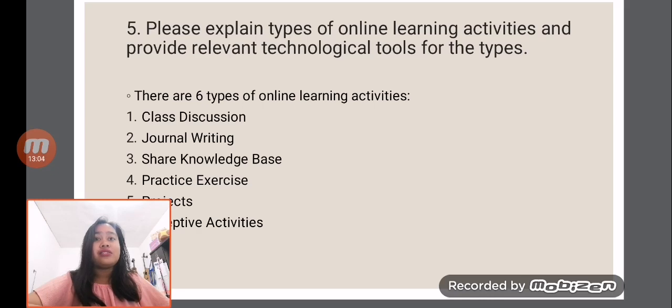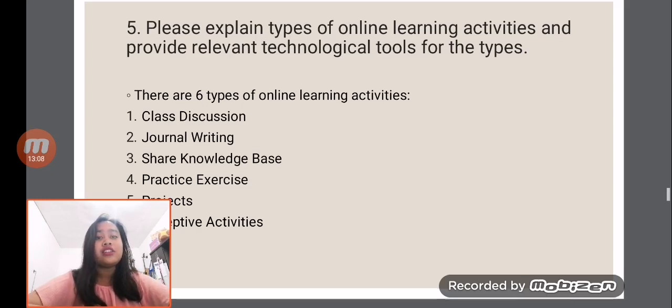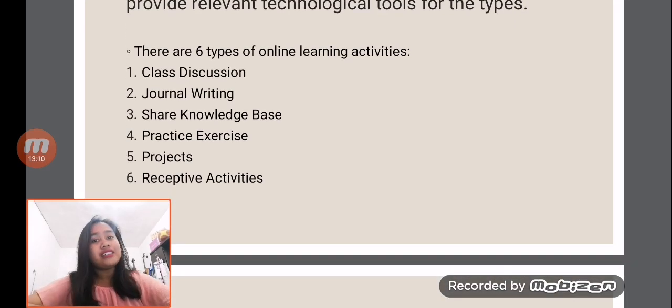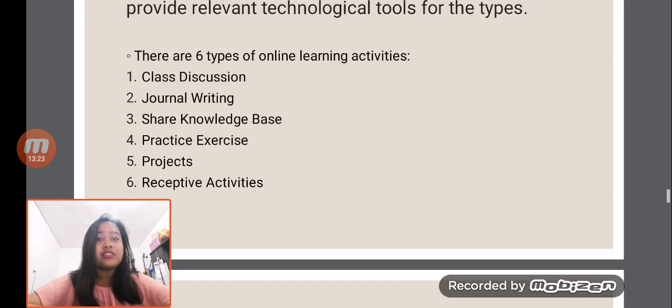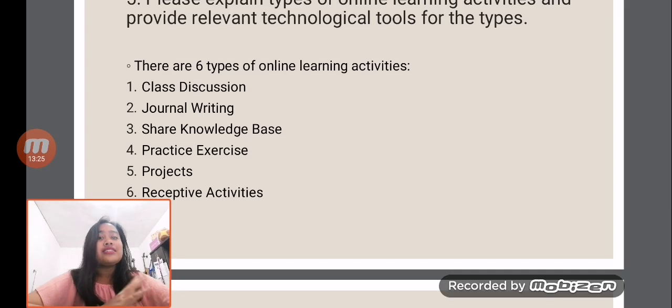So there are 6 types of online learning activities. The first one is class discussion. The second is journal writing. The third is share knowledge base. The fourth is practice exercise. The fifth is projects, and the last is receptive activities. So in class discussion,